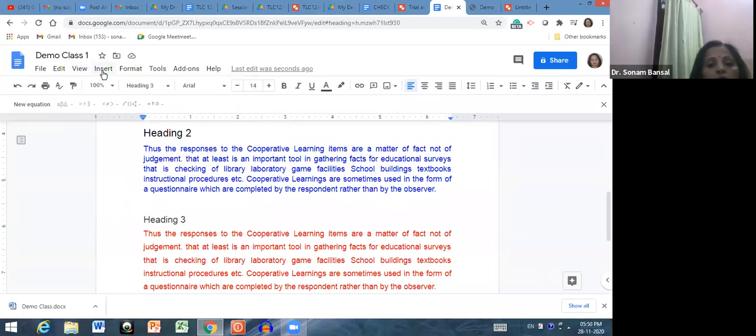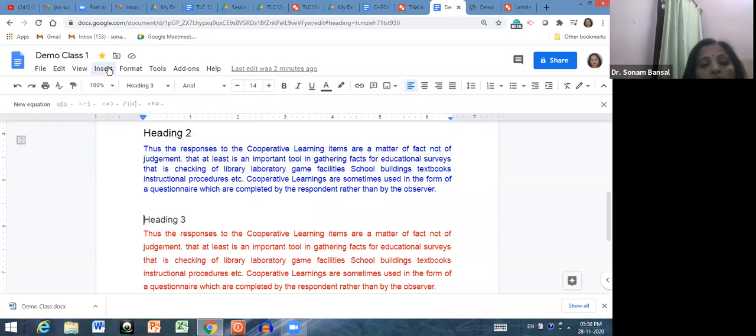Then go to insert. See, let me tell you one more feature. This is the cloud status of your document. Because you are currently working collaboratively on this particular document and it is important, you have to click on this star. So now you don't need to search all the time. You just click on this, because now this is your important document, because you have clicked this star.